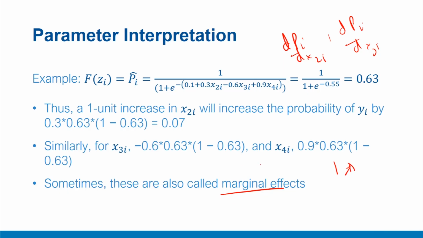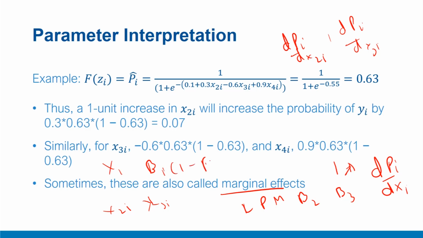To summarize this video, we noted that unlike linear probability models or simple linear regression models, the impact of individual variables like x2i, x3i, and so on cannot be simply measured in the form of their respective betas, like beta 2, beta 3, and so on. In the case of these logit class of models, one needs to calculate the differential impact, or what we call the marginal effect or incremental effect, in the form of this expression dpi upon dxi. And the value for the logit class of model works out simply, for a coefficient of xi, as beta i into 1 minus f of xi into f of xi.